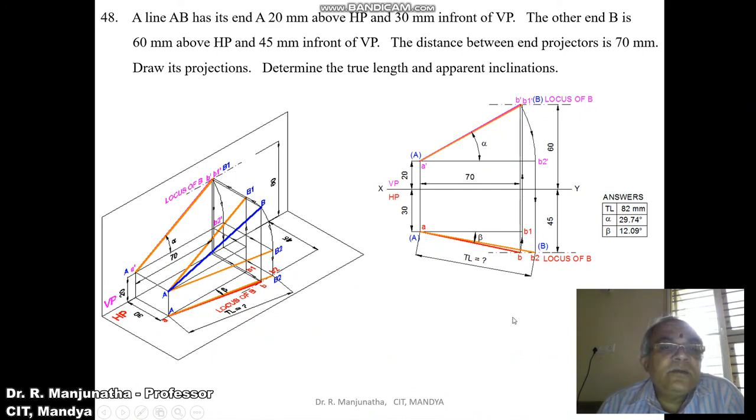So this can be seen in the image in the vertical plane only when you look from the front view. That means with A dash as center, taking the radius of A dash B dash, you rotate it, make it parallel, then you are going to get this B2 dash, which is parallel to HP. So in HP, you are going to get the true length.